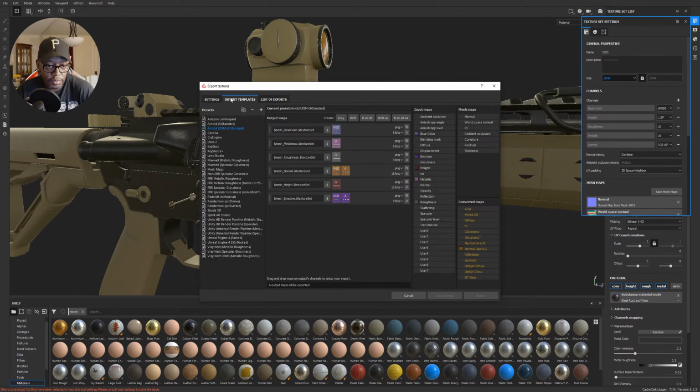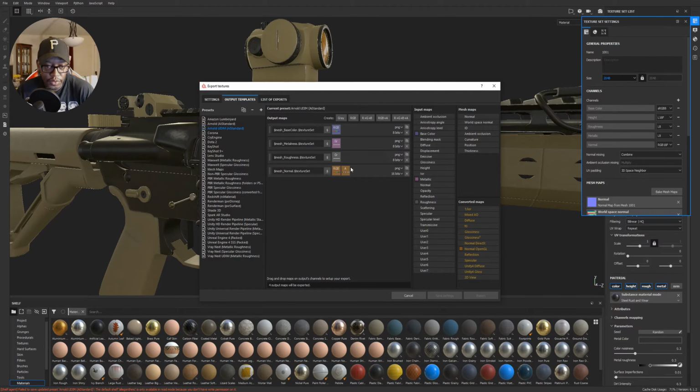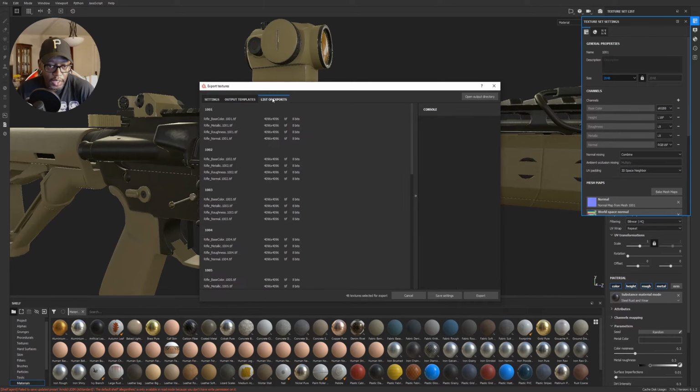Now I'd set this before, but what I do is, since I don't need an emissive pass here, I can kill this. So get rid of that. I don't need a height map, so I'm going to get rid of that. Now I don't need to do that. I can simply come into each one and uncheck all these, but I just do it this way. And then